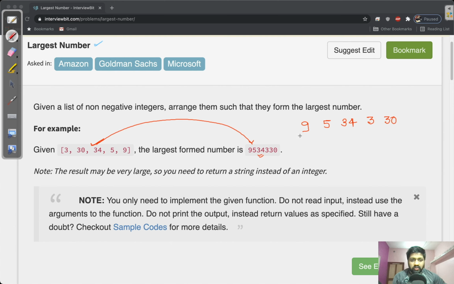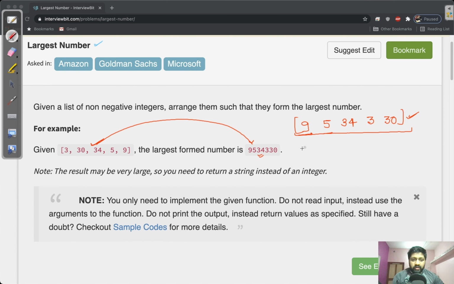If I take these integers in this particular order, then the number which we get after piling them up serially is 9534330. This is the largest possible number which we can generate from this array of integers.